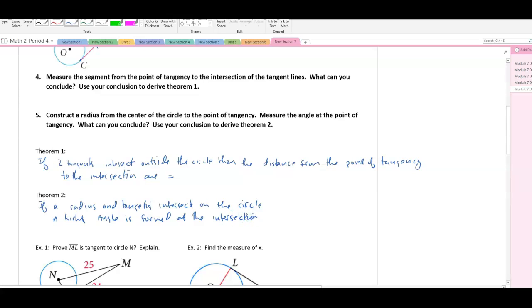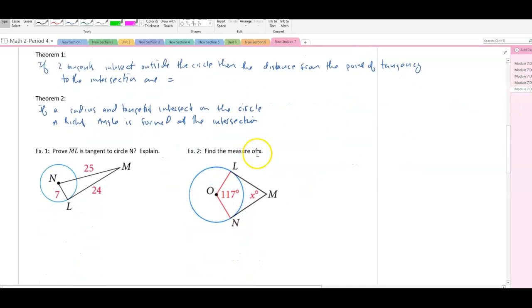Okay, so these are two properties of circles that deal with tangents that we need to be aware of. So let's take a look at some examples here and see why this is important. When we look at a line, sometimes we won't know if it's tangent to the circle or not. So we use the properties we just talked about to help us determine if they are